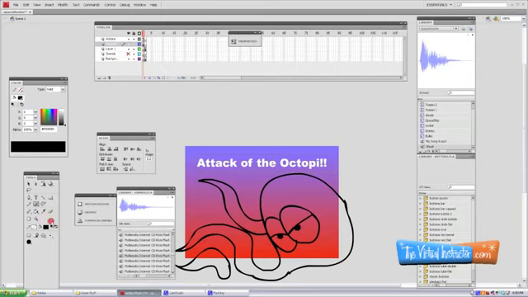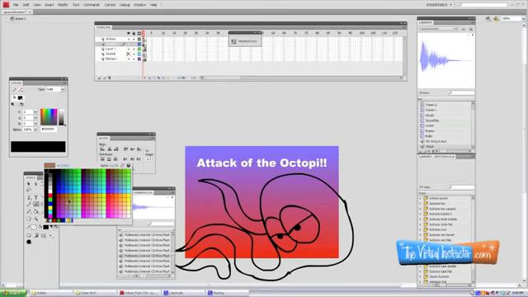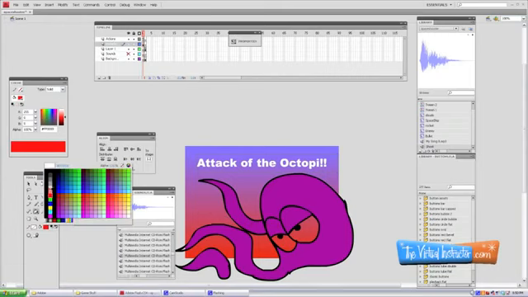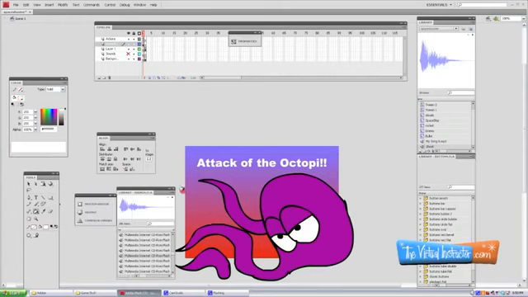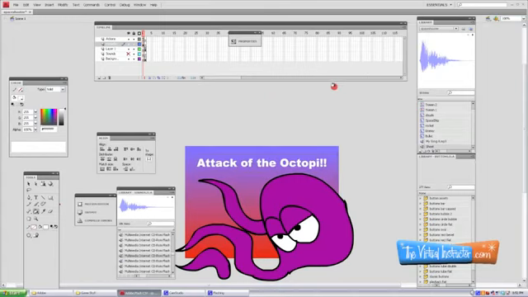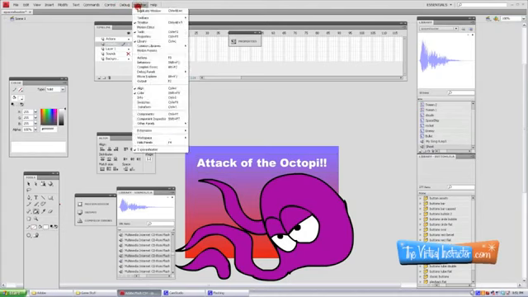There we go. And again, you can really make your drawing very detailed if you'd like, and you can even animate it. You can create a movie clip on there and have that movie clip repeating. Color it in there. Make the eyes white. All right, there we go. Now the next thing we want to do is take a look at that, and it looks pretty good on our stage. So let's go ahead and add a button,